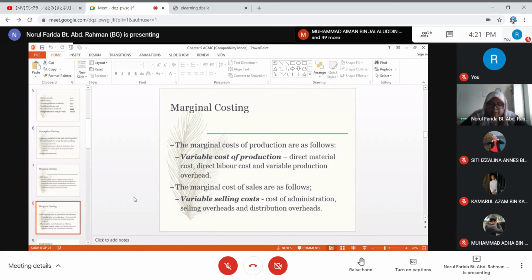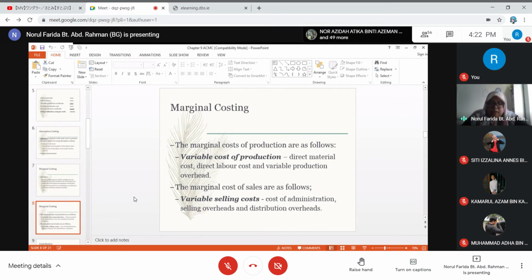Okay, marginal costing provides management information for planning and decision making. Supporters of marginal costing argue that management attention is concentrated on the more controllable measure of contribution. Okay, because variable cost is relevant cost, therefore dia adalah penting for decision making. Ini argument, ini adalah apa yang dikatakan dia punya justification, sebab argument nanti akan ada kat bahagian belakang lah. Alright. So management attention is concentrated on the more controllable